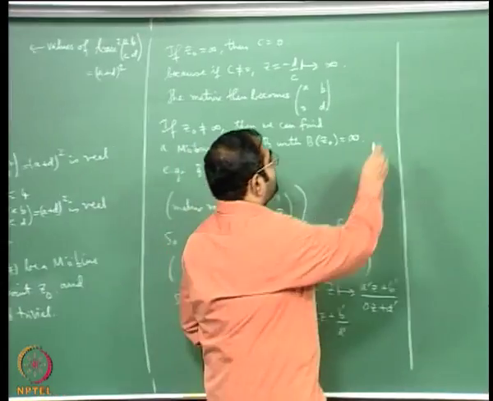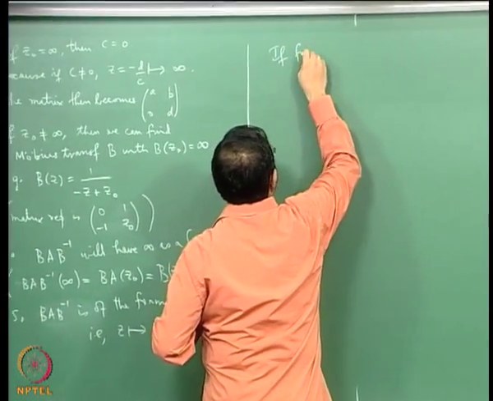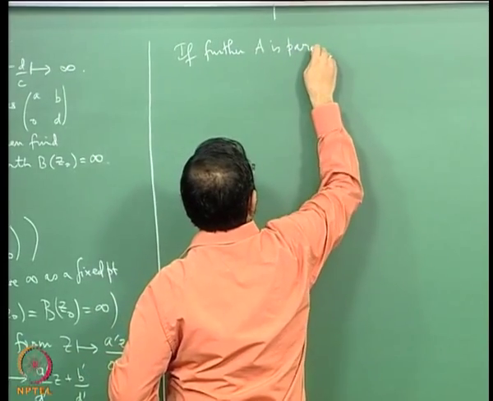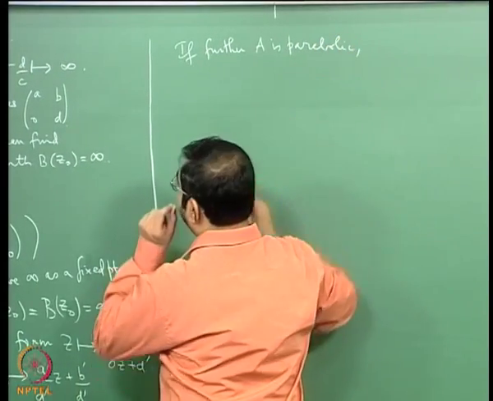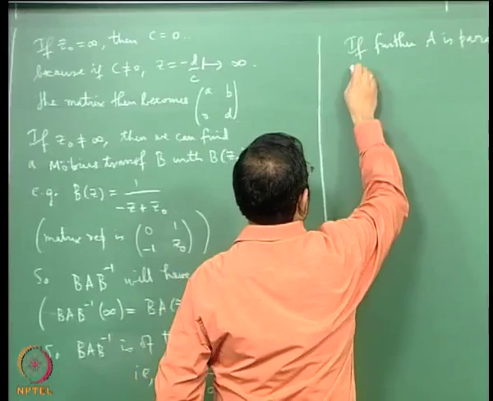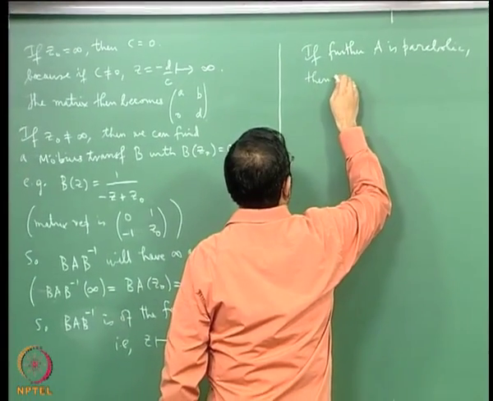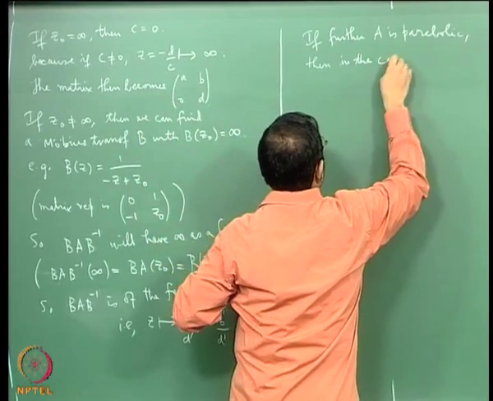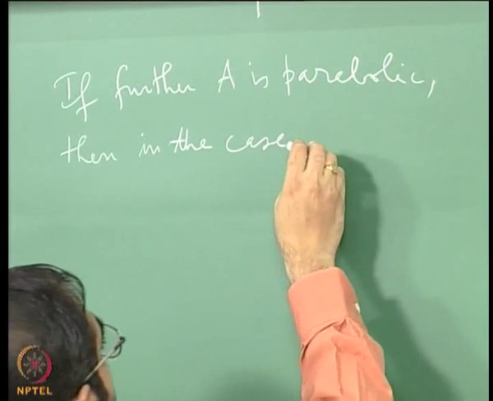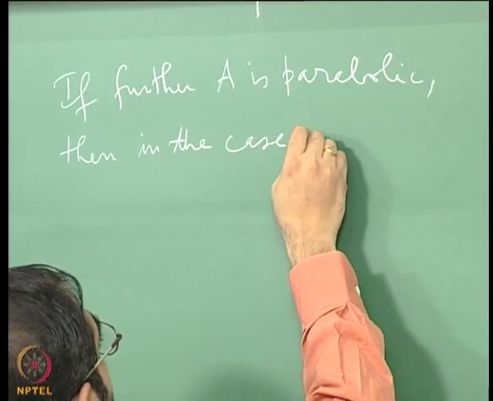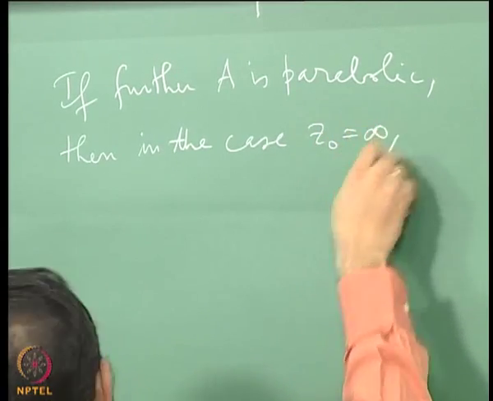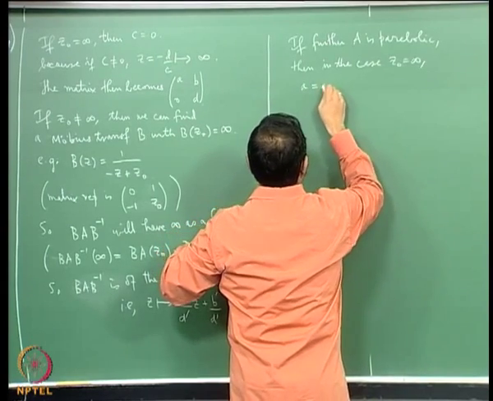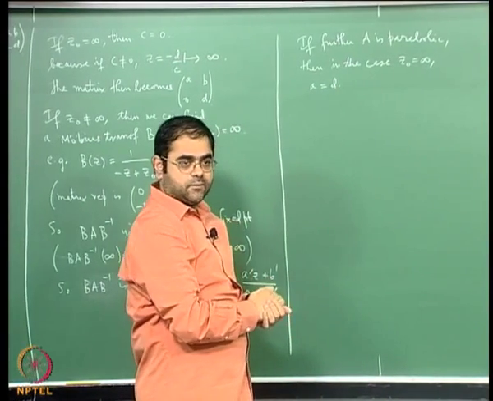If further A is parabolic, then in the case z not equal to infinity, which is here, A must be equal to D, okay, and